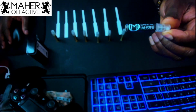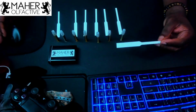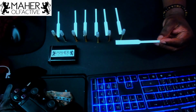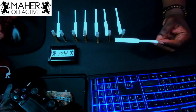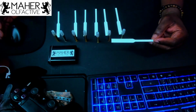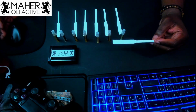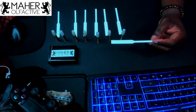Next up, Centro. I can always appreciate a fragrance like this. This one is a rich, woody, musky, fall, deep, sensual type of scent. And I can always get behind something like this. Very pleasant to the nose, very strong and bold, but it's not overpowering to where it becomes unpleasant. Everything is just well done, well balanced,